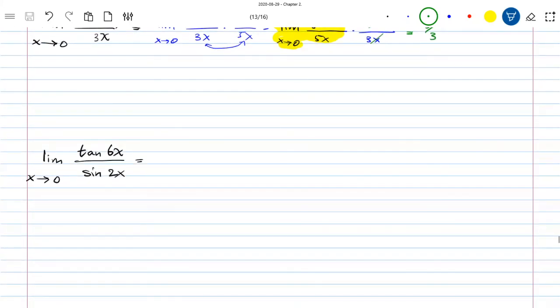Okay. How about if we have tangent 6x divided by sine 2x? Again, do not cancel out these two. That's not correct. What you can do is rewrite tangent and say this is limit as x approaches 0. Instead of tangent, I'm going to write sine 6x divided by cosine 6x. This is the same as tangent 6x. Divided by sine 2x is still there. What can I do with the numerator to simplify? The only identity that I know is